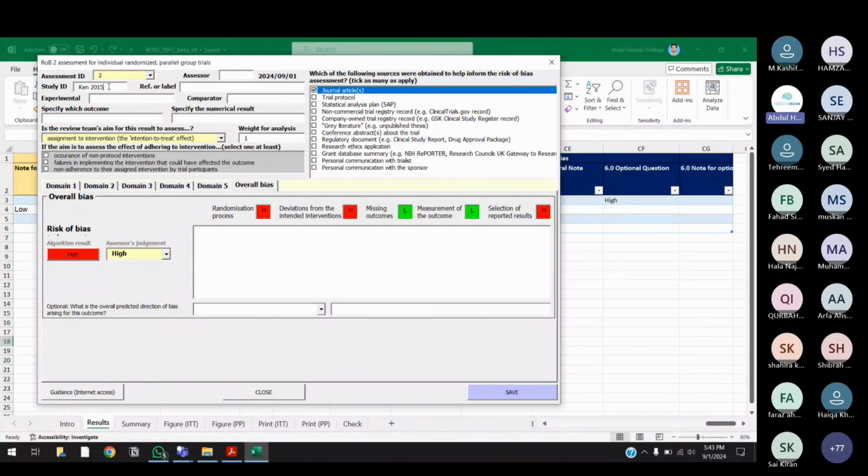Guys, can you see that I changed the assessment ID to 2 और study ID automatically बदल गई to Ken 2015? सही है. What this means is कि मैंने ये डेटा पहले से सेव किया था, that the study ID Ken 2015, which is an article Ken 2015, is represented by the assessment ID 2. ठीक है. अब मुझे एक बात बताएं. When I change the assessment ID to 2, did the overall bias also change? The individual bias, overall bias तो high है इसमें, but if you see the individual domains, वो change हो गए ना. They were different in assessment ID 1.